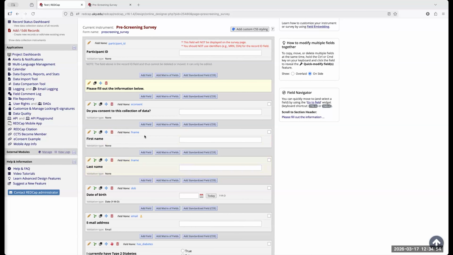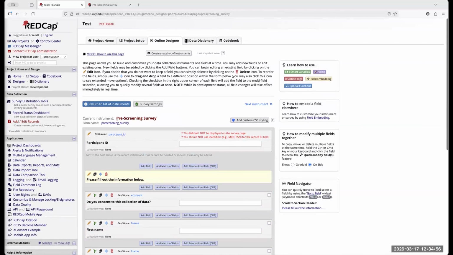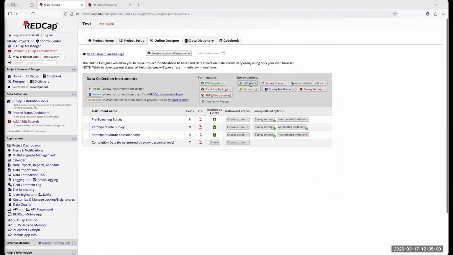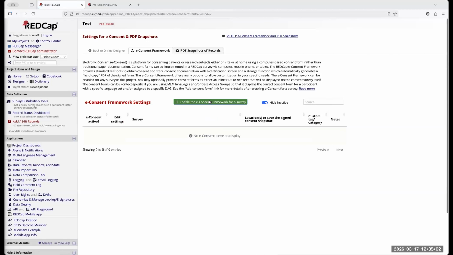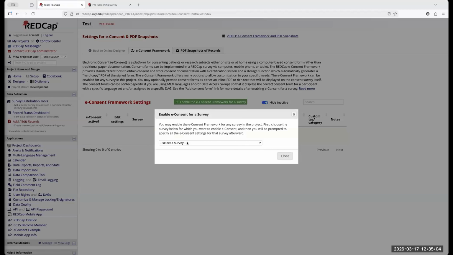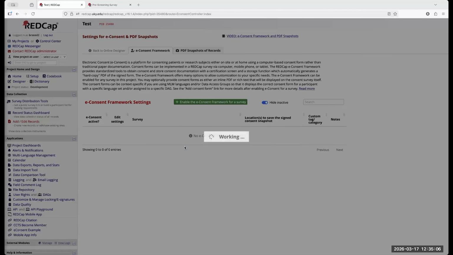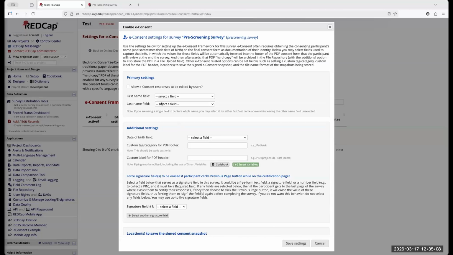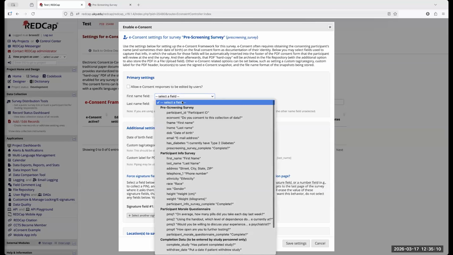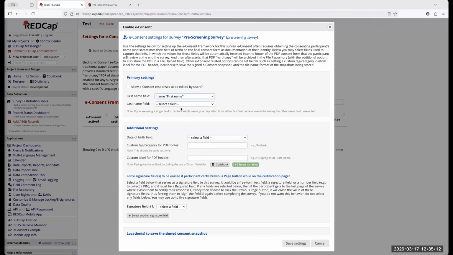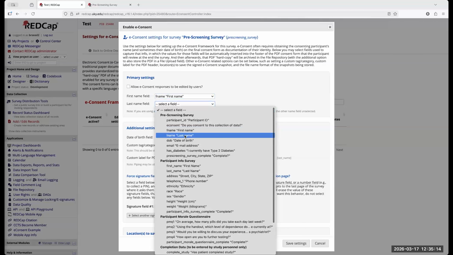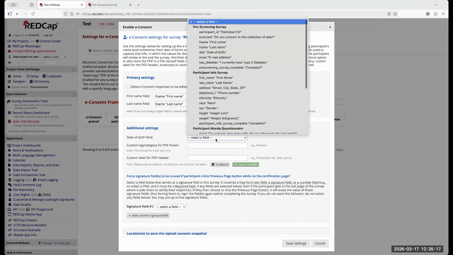And we have date of birth. So if we wanted to make this an e-consent, we'll grab their first name, their last name, and we'll go ahead and throw in the date of birth.